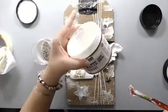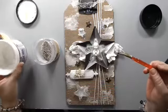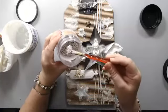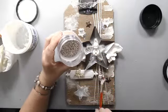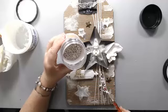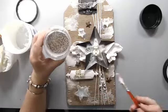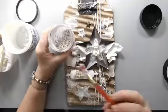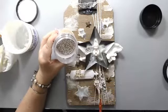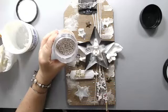So I'm going to use the soft gel this time, and the way it works is that I stick my paintbrush inside the gel, and then I literally go straight into the actual beads and start gluing them onto whatever I'm gluing them on. That way they go on randomly, but they also don't spread everywhere, because if I sprayed them on top, they would just go everywhere and not where I want them to go. Because this gel dries clear, and I do prefer the matte over gloss, of course,